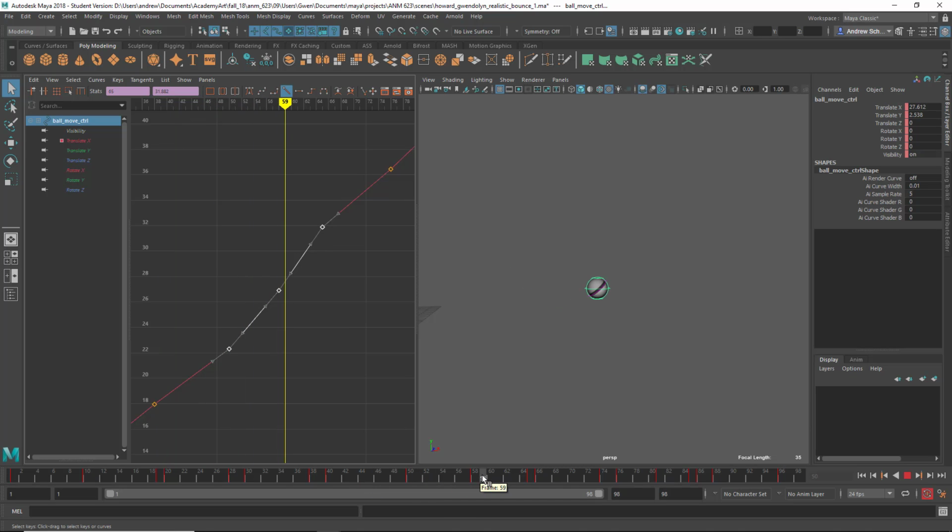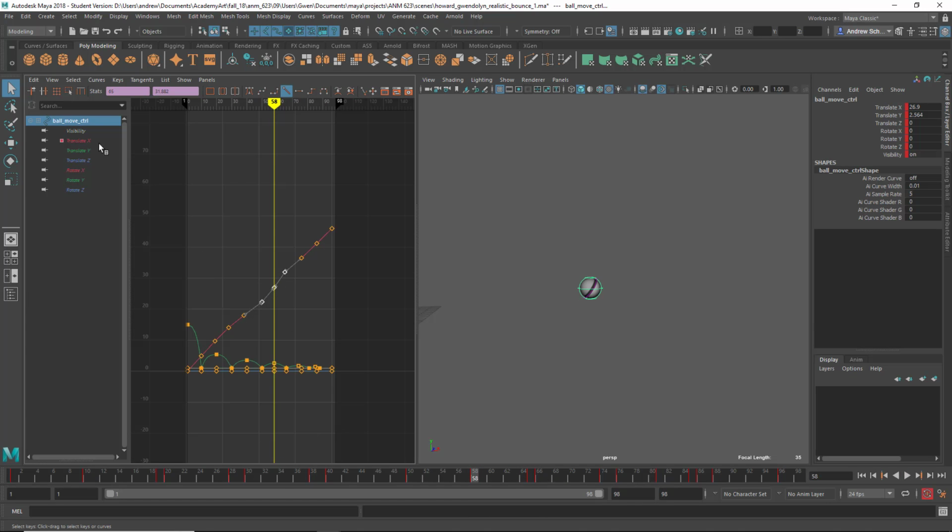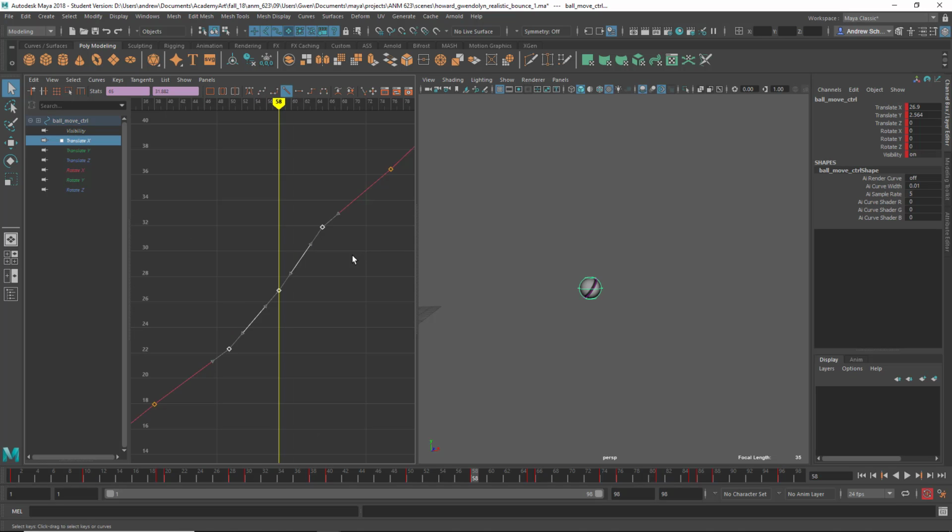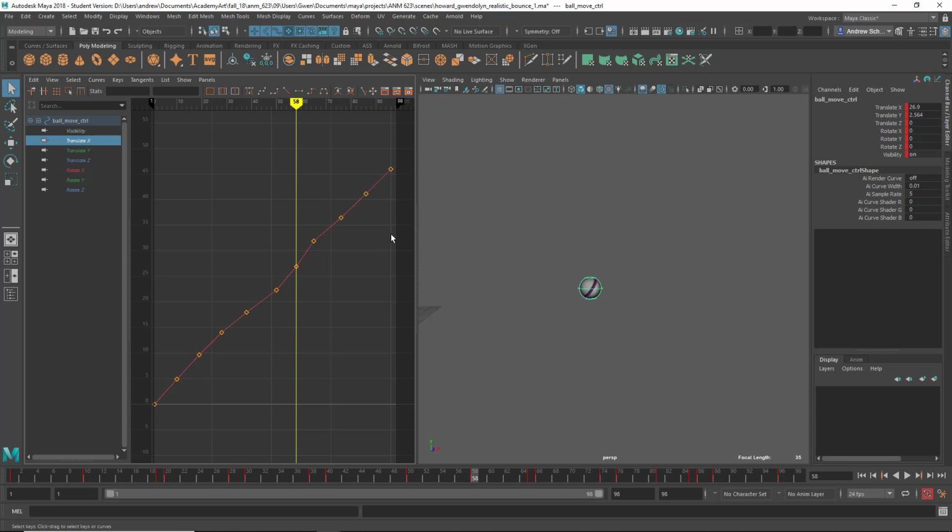So between here and here, it shouldn't accelerate. So at the very least, I might tone that down just at least a little bit. I can understand the spin causing it to speed up there, but then that shouldn't be any faster. So